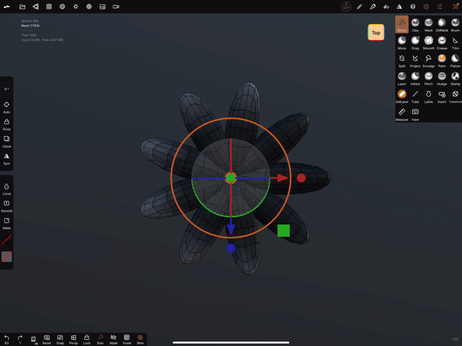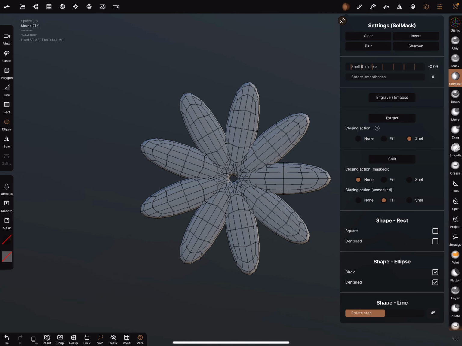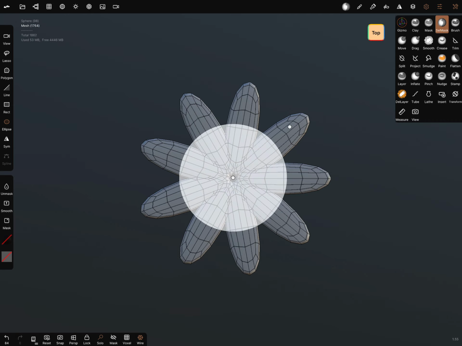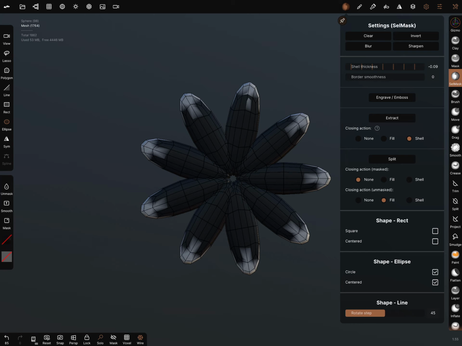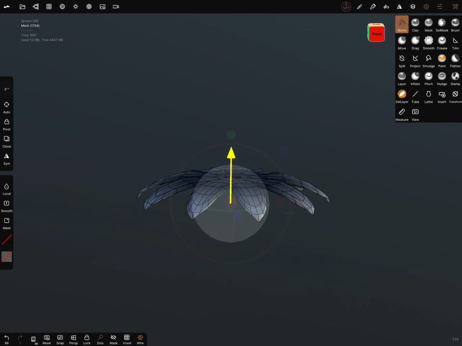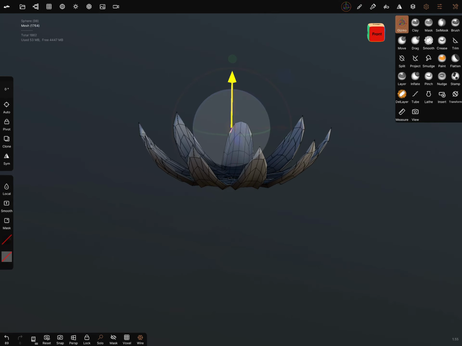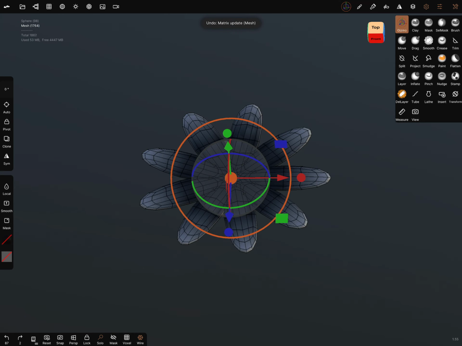I go to the top view, I clear the mask, and I draw it again. I want the other result. I try this one. That's not enough.